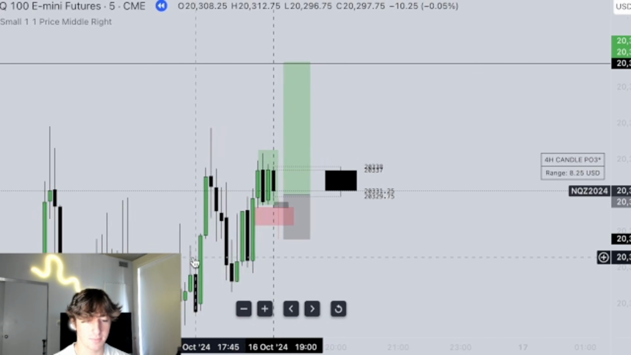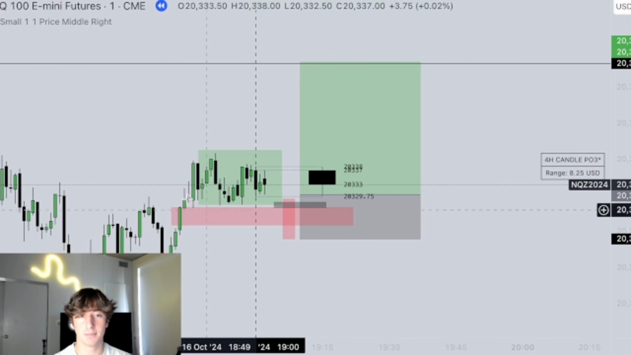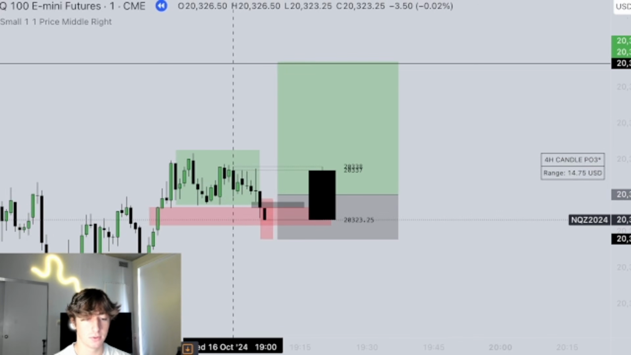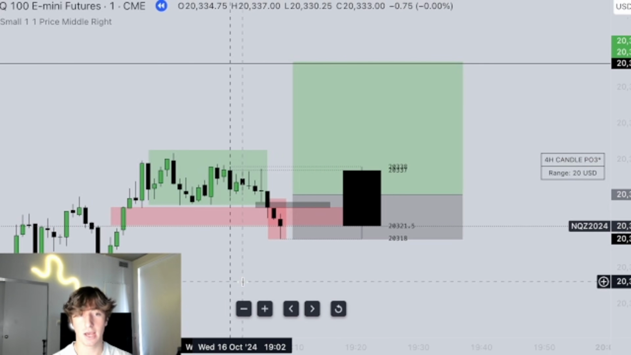Let's scope out the 5-minute. Yeah, really just looking for that 1-minute PD array to be respected. So boom, significant manipulation here. Now we need a reaction back to the upside, which leads into the final thing on my PO3 checklist here, which is